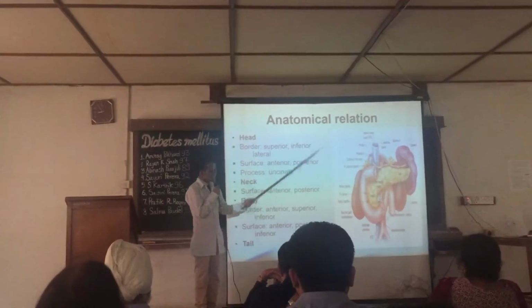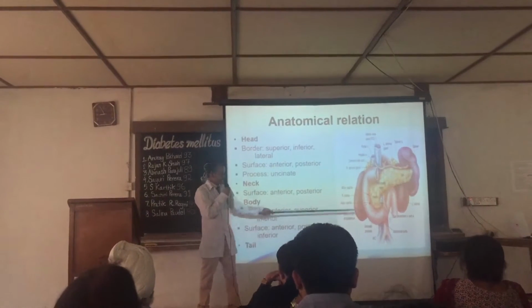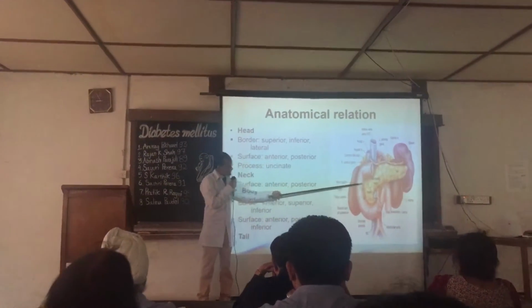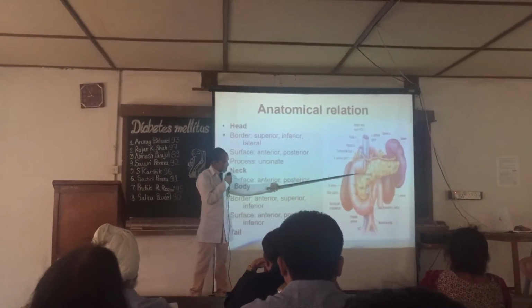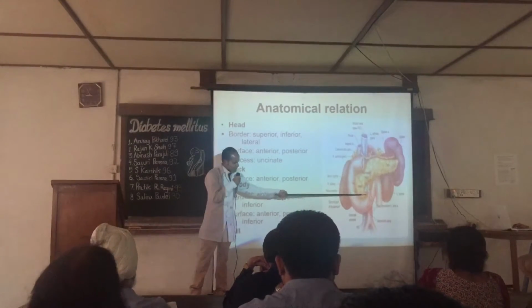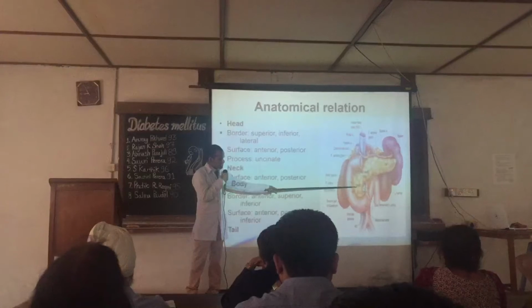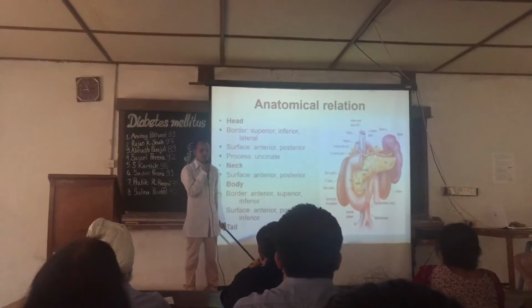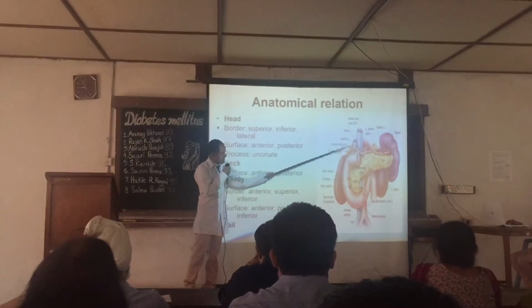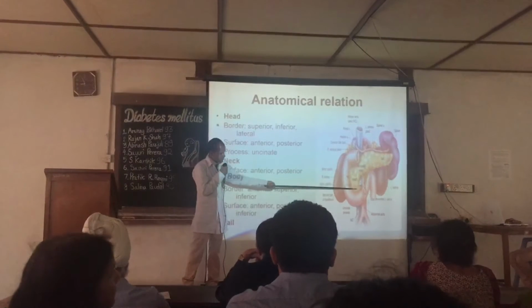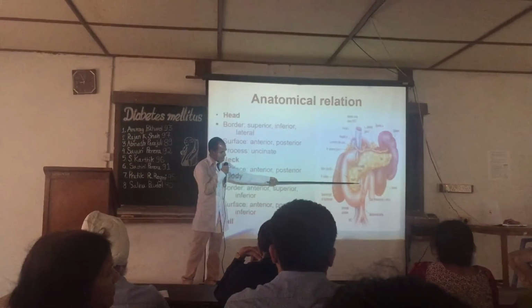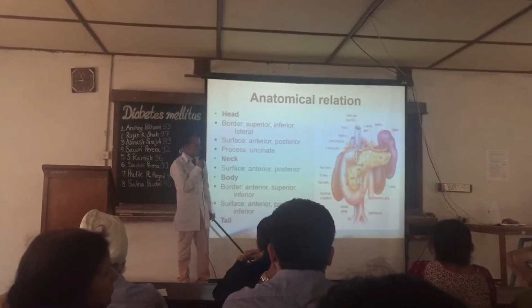Head of the pancreas. It is enlarged and flattened, and lies to the right in the pancreas. It has three borders: superior, right lateral and inferior border. It has two surfaces, an anterior surface which is related to the transverse colon and a posterior surface which is related to the inferior vena cava. It has an uncinate process which lies behind the superior mesenteric vessels and in front of the abdominal aorta.